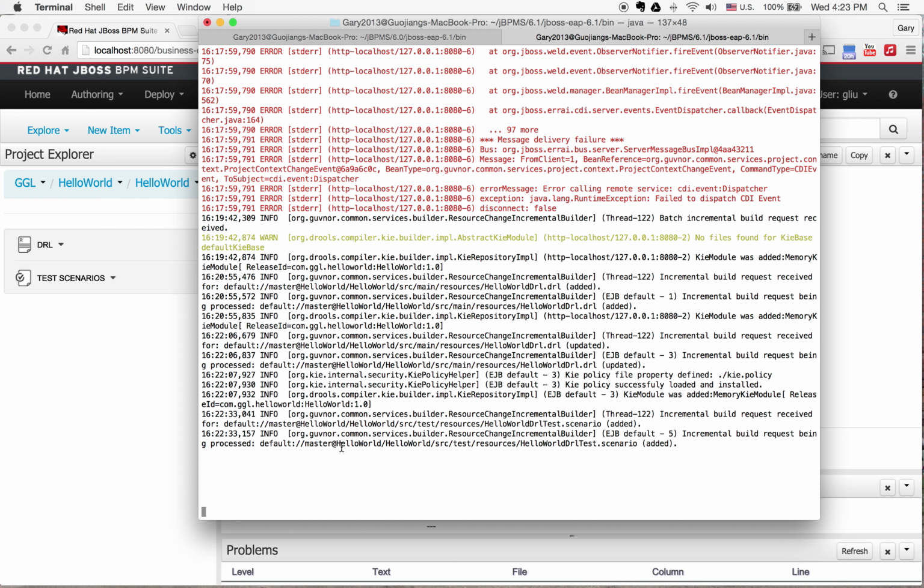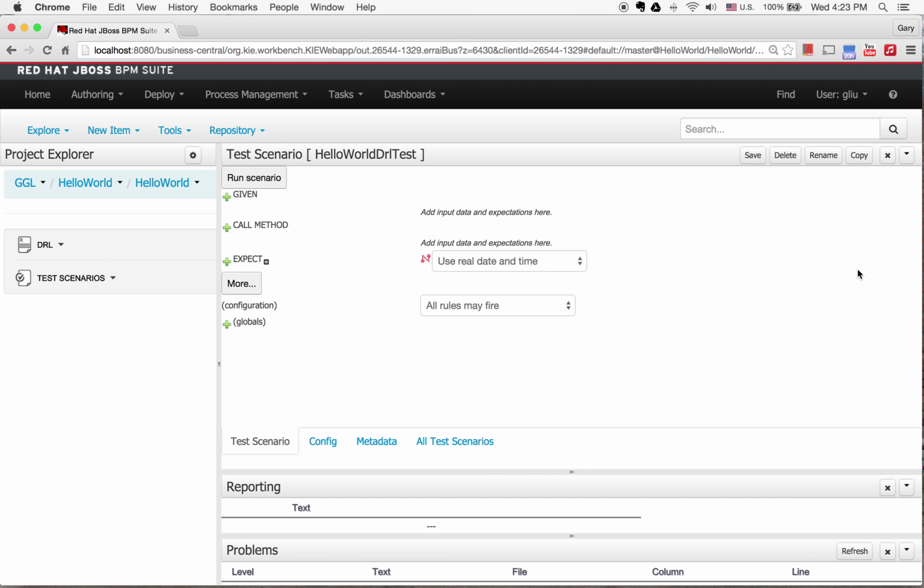If you look here, actually, you see the hello world test scenario added, right? Those errors, don't worry about it, because before I did the code recording, I deleted all the stuff. So if you delete the stuff, for example, if you delete the repository, still leave this window open, and you come back, it will say error because you couldn't find any data. Anyway,